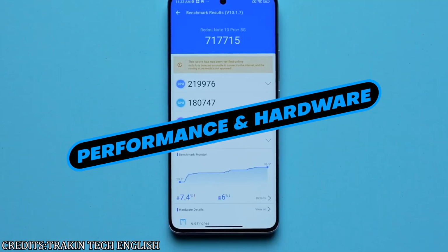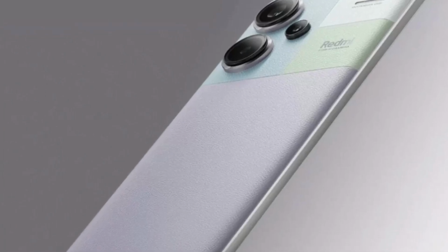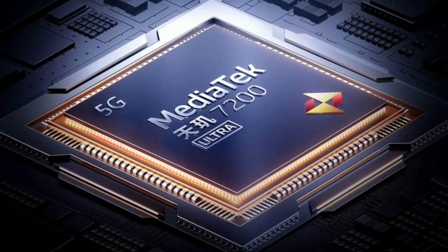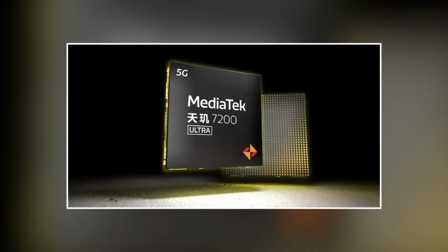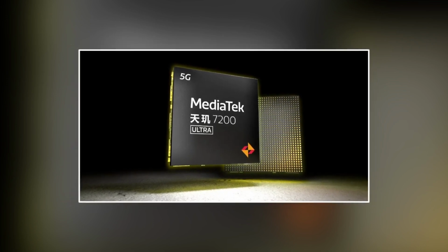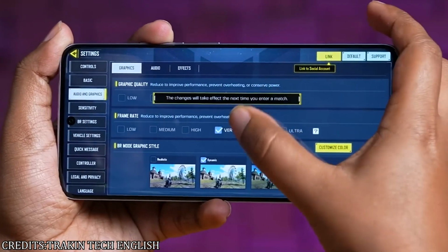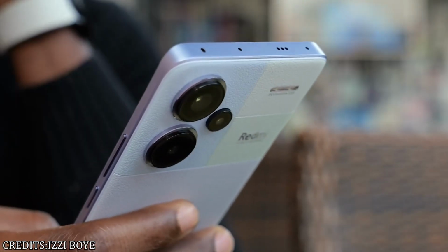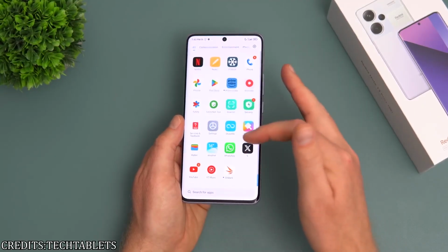Performance and hardware. To provide a flawless user experience, the Redmi Note 13 Pro Plus is equipped with the MediaTek Dimensity 7200 Ultra chipset, which is manufactured using a 4nm technology. This chipset features 2 high-performance Cortex A715 cores operating at 2.8 GHz and 6 efficient Cortex A510 R1 cores operating at 2.0 GHz. It has configurations with LPDDR5 RAM and UFS 3.1 storage that include 8 GB plus 256 GB,